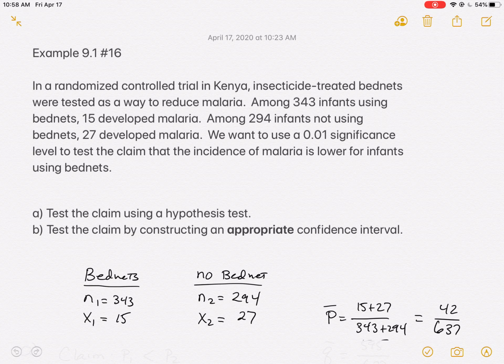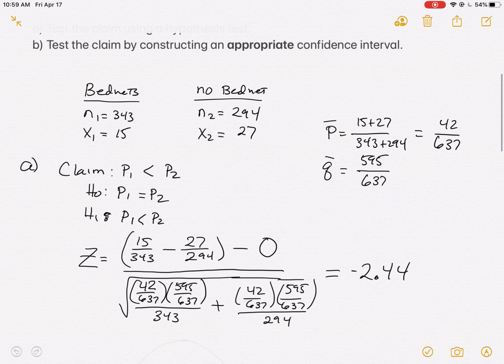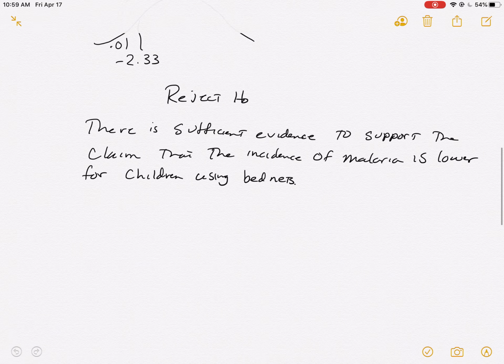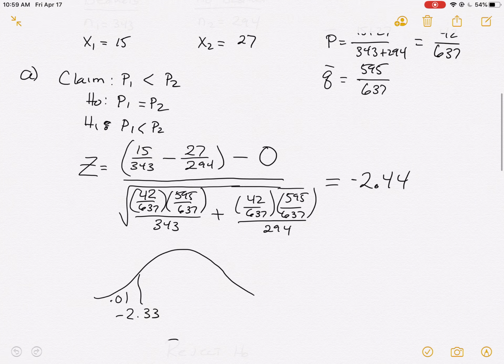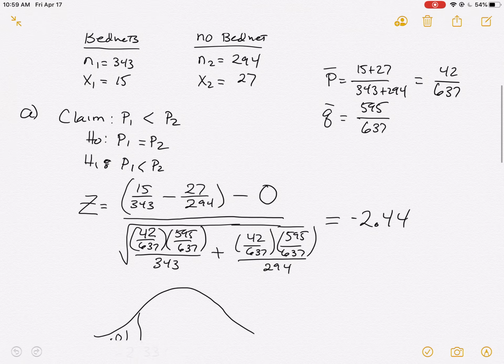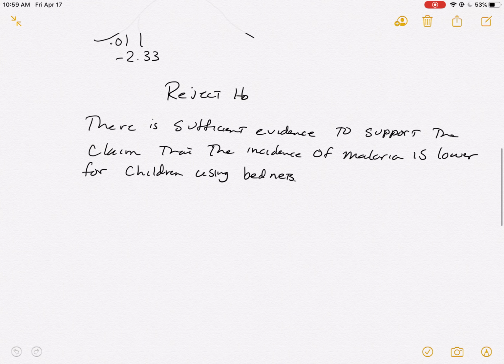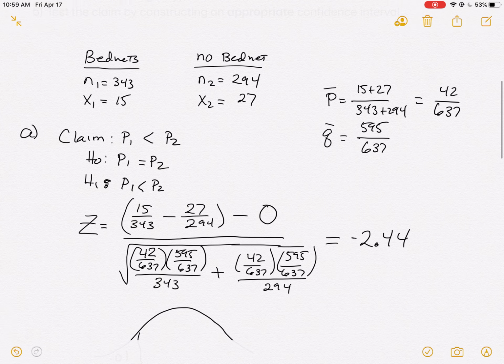Alright, in the last video I showed you exercise 9.1 number 16, and I was going to start doing B, and then I realized from a time perspective I couldn't really do that because I needed to Zoom with another class. So I stopped myself short and thought I'd come back to B and we would do that together. Just as a reminder, we did all that work and came up with that there was sufficient evidence to support the claim. So now as we go to B, the most important wording is that we're going to construct